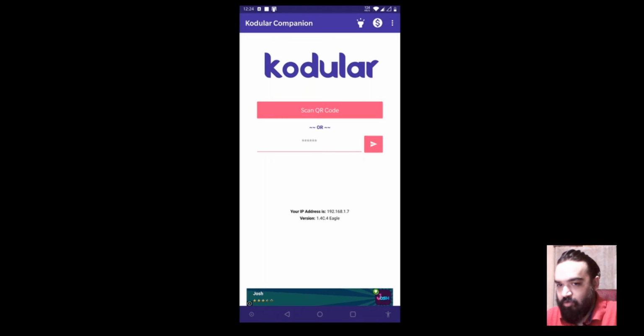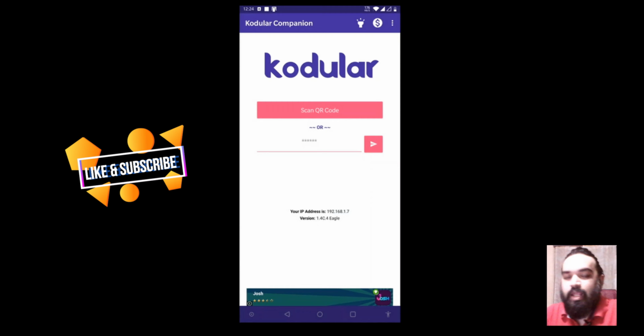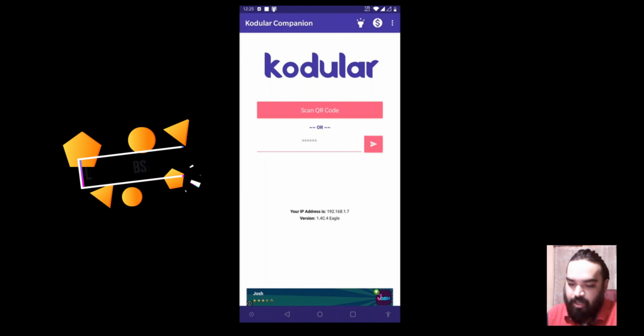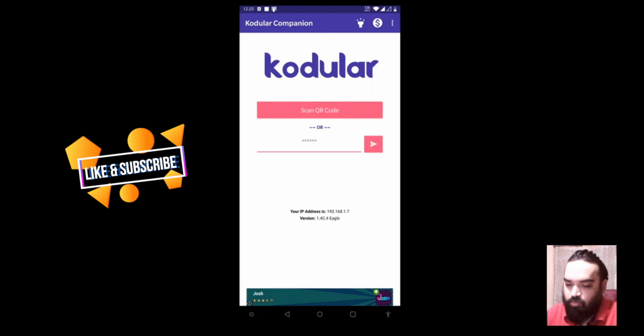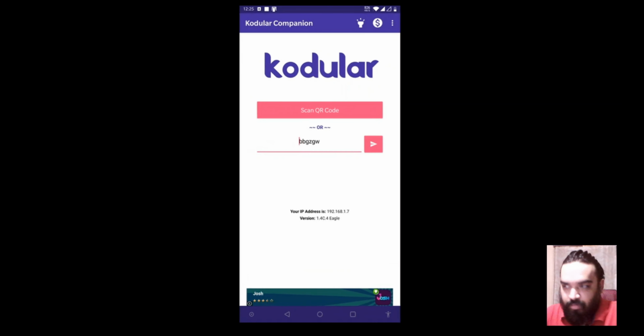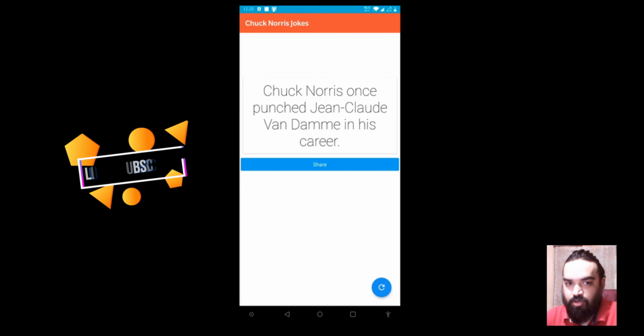So what is the app that we're going to build? Let me show you a quick demo before we get into the development part of the app. So we'll be using the Cordular companion app, and this app is used to test your app before you submit it to the Play Store. So let me quickly connect the companion and show you what app we are going to build today. Yep, so this is going to be the app that you will learn to build in this tutorial.